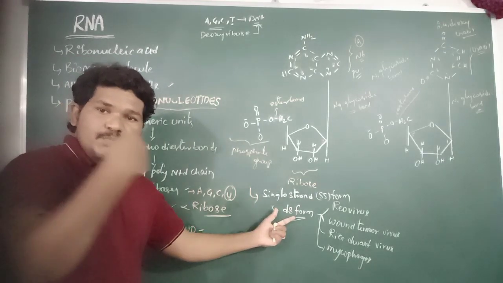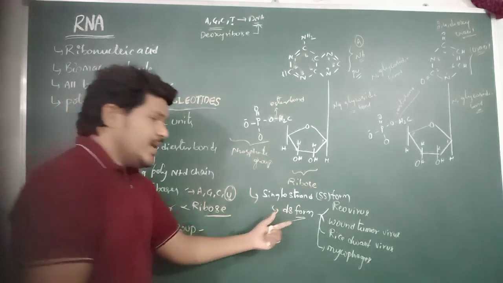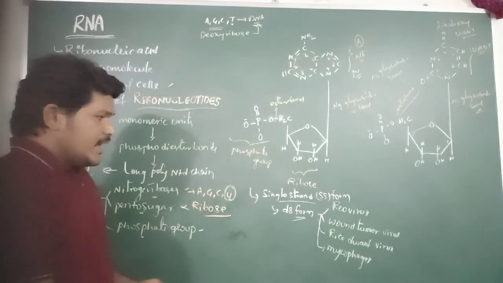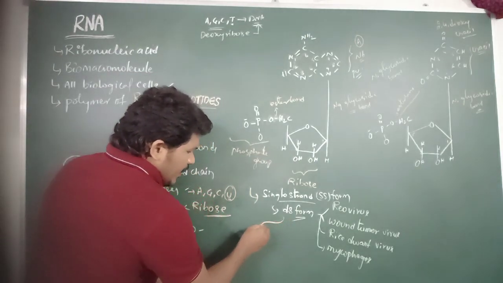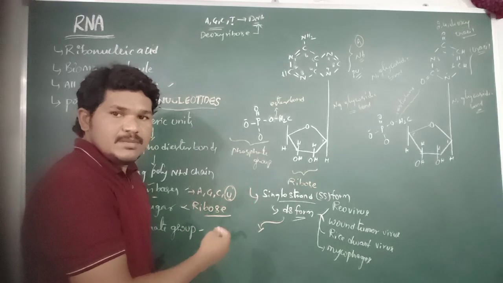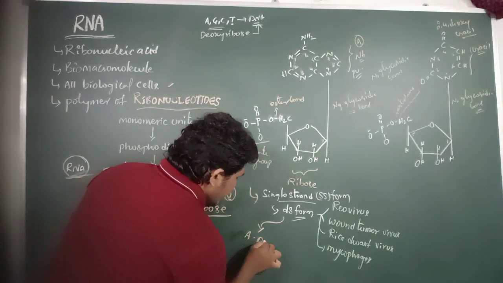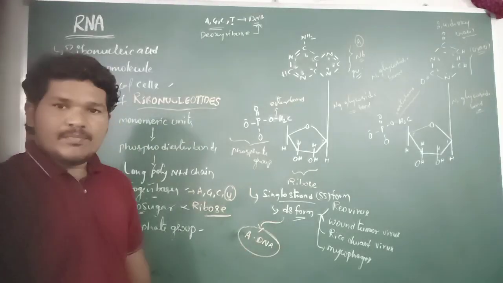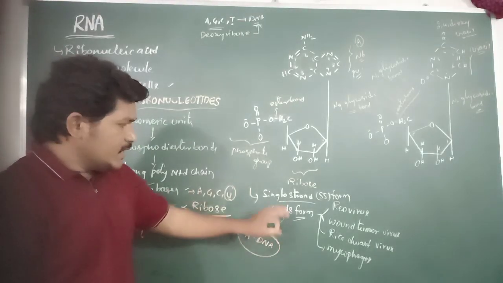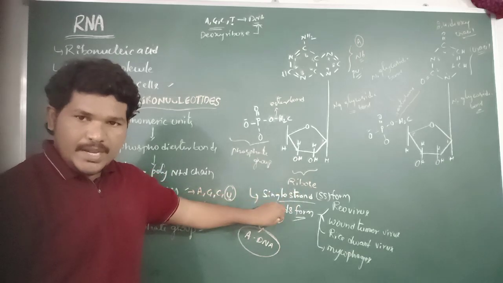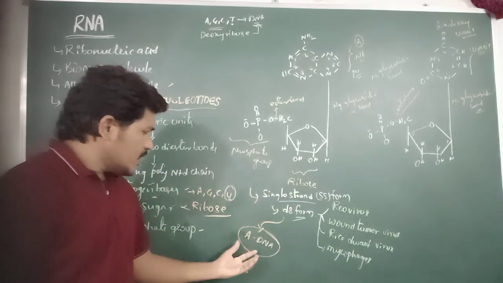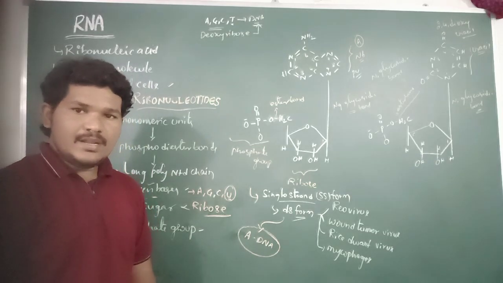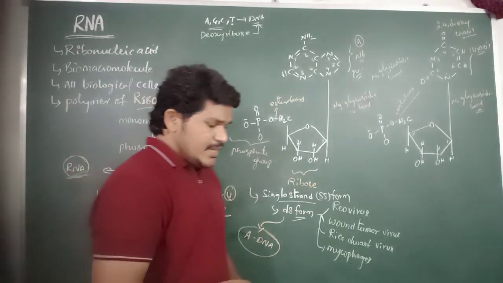But in most of the organisms, the RNA exists in a single-stranded form. The double-stranded form of RNA is structurally similar to the structure of DNA. And then the mRNA